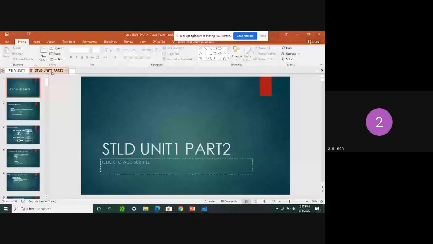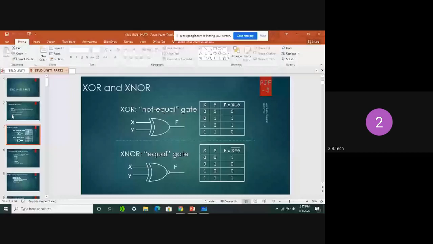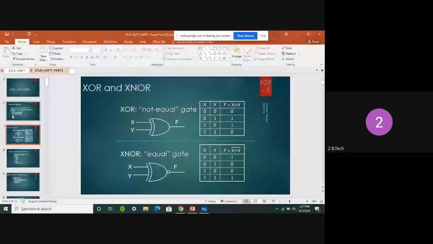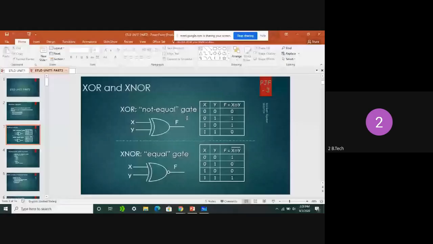This is the way different Boolean algebras are related, and we have seen it. I think we have completed the XOR gate and XNOR gate. See here, for the XOR gate, one is produced if the input terminals are not equal. That is the simple trick we need to remember for the operation of the XOR gate. The XOR gate produces an output of one only when both inputs are not equal. That is, x equals 0, y equals 1, then the output is equal to